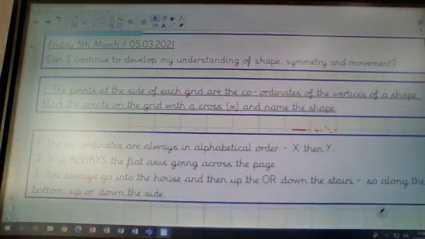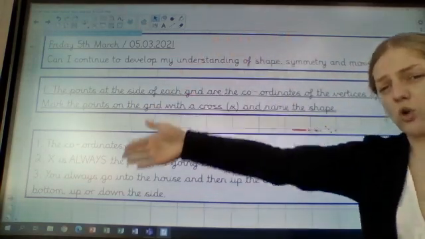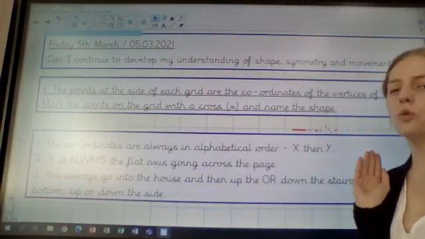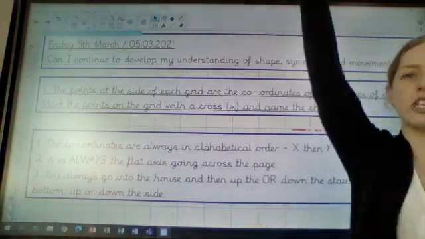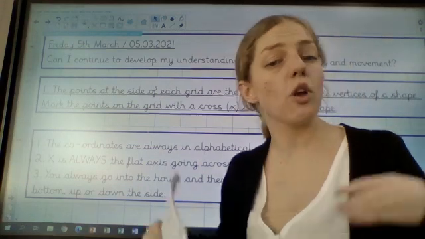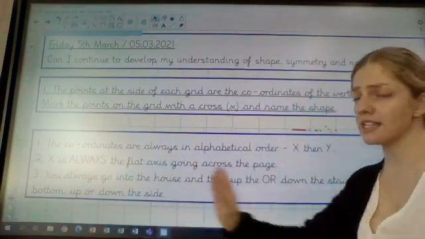So it says here, x is always the flat axis going across the page. So it's always the one that is going flat across the page. Your y-axis is the one that looks like it's reaching up tall, okay? You always go into the house. So when you plot your coordinates, you go into the house on your